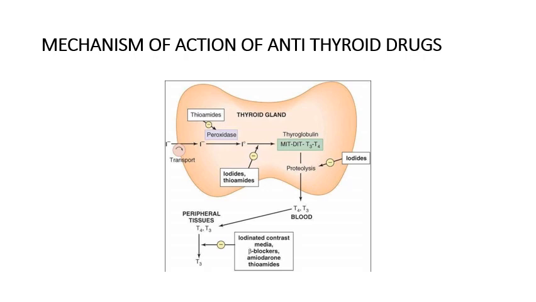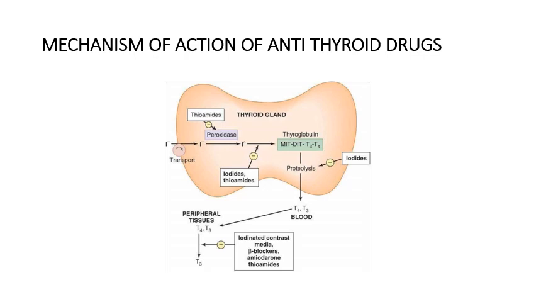And iodides especially block the release of thyroid-formed T4 and T3 into the bloodstream. They mainly block the proteolysis action, which causes release of T4 and T3 into the blood. So they cause thyroid constipation. Actually, the thyroid hormones which are formed inside the follicular cells are not released, and this action is very rapid.